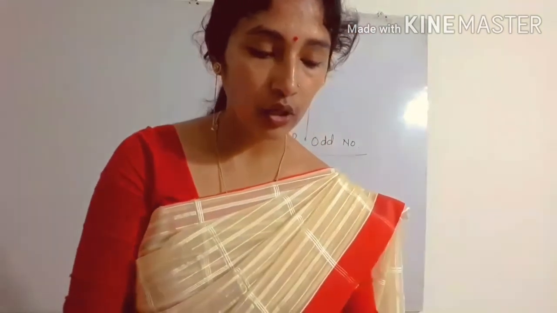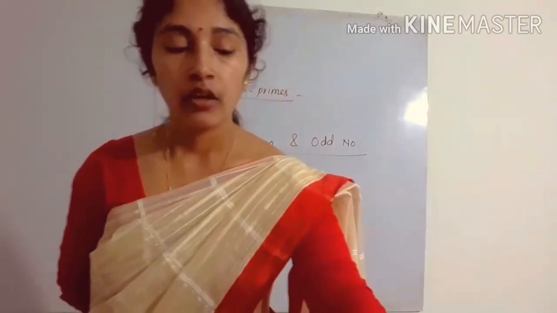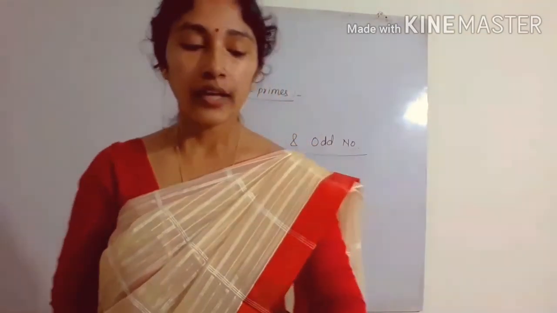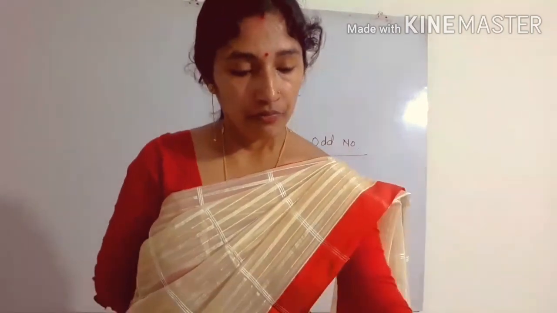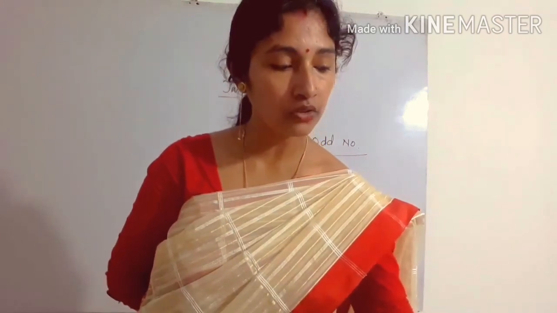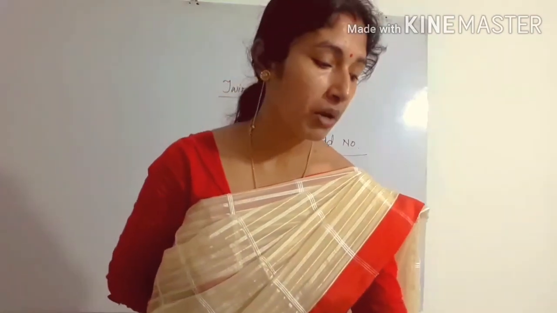Please try to do it. And what are the home tasks? You have to complete the table 3.4 which I have told you. You have to cross the numbers which are not prime, in your book. Next, you have to write 5 examples of co-prime numbers in your copy. Next, you have to write 5 examples of twin prime numbers. Next, you have to do exercise 3.4, question numbers 1, 3 and 4. And question number 2 I will do in my next lecture.